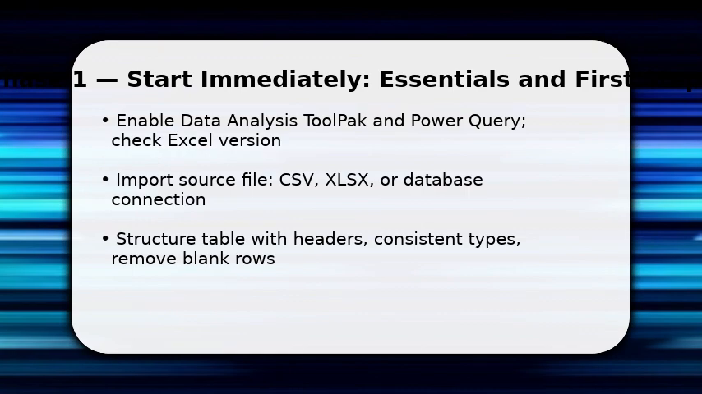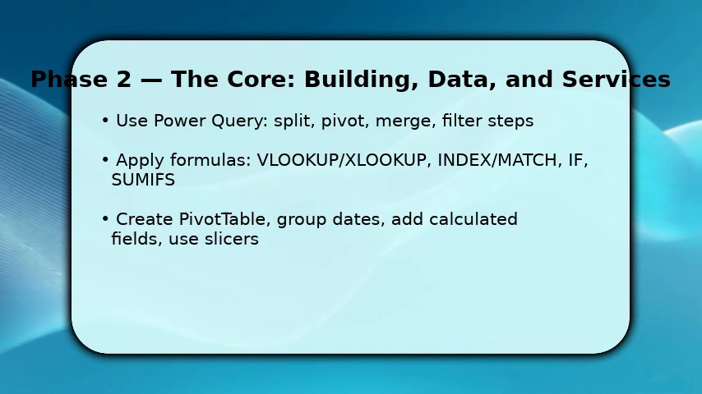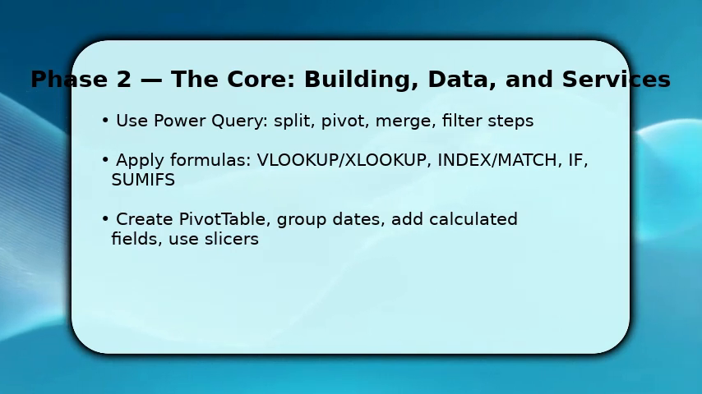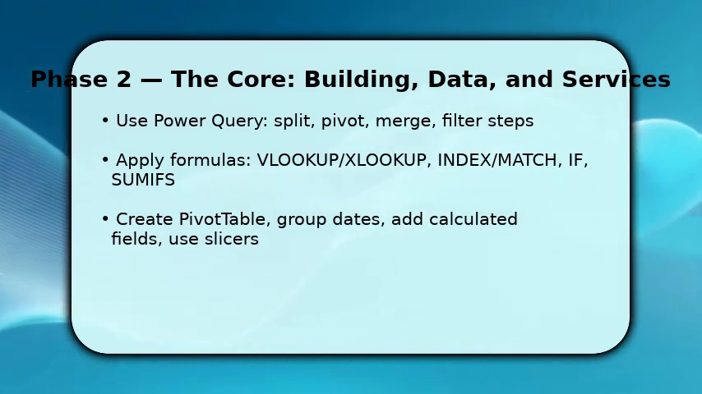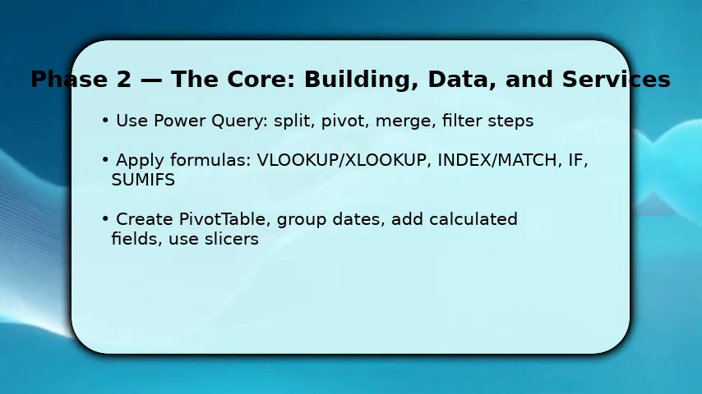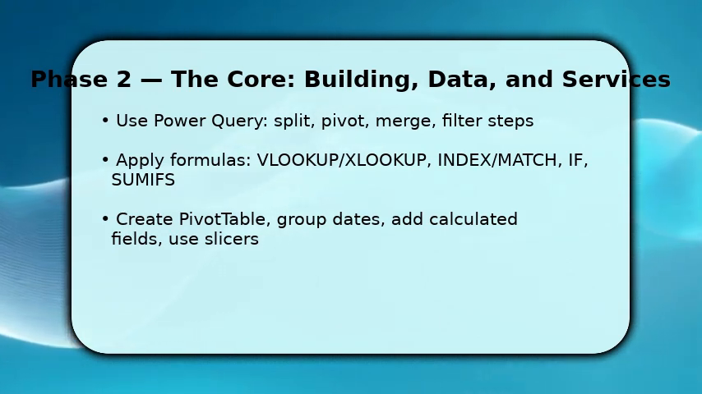Once the table is clean, open Power Query to perform deterministic transforms. Split columns, merge tables, pivot or unpivot records, and filter out noise. Each step is recorded. Back in the sheet, add calculated columns using XLOOKUP or index/match for robust joins and SUMIFs